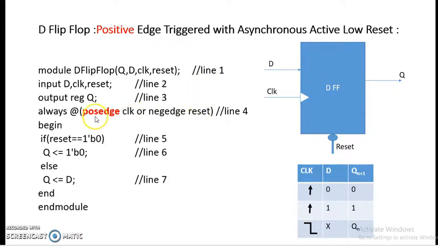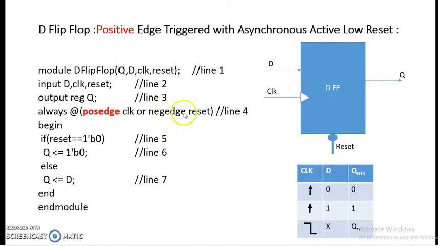So if the clock makes the positive transition, whatever is the code within the block will be executed. So suppose the clock makes the positive transition, it will come over here, and if the reset is not equal to 0, then Q will be the same as D. This is what we wanted. Now take the second case, that the clock signal may be anything, but the reset signal is making the negative transition.